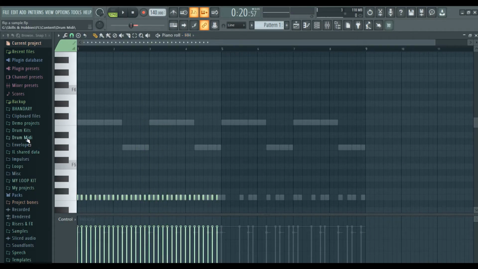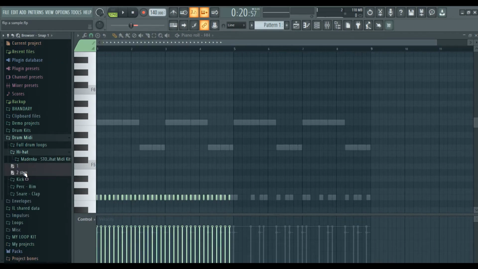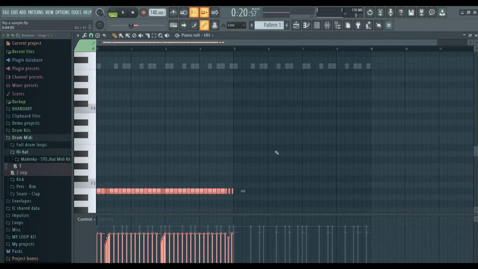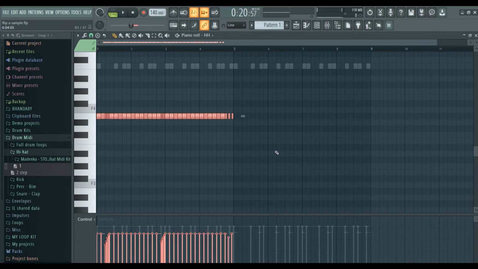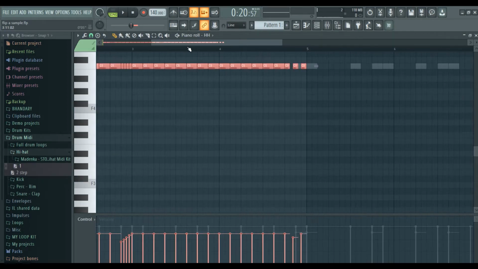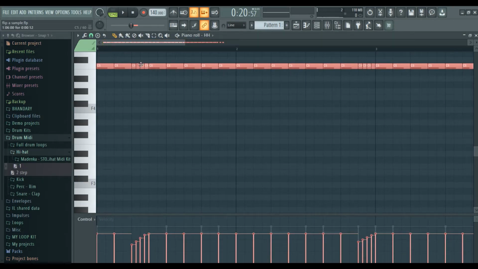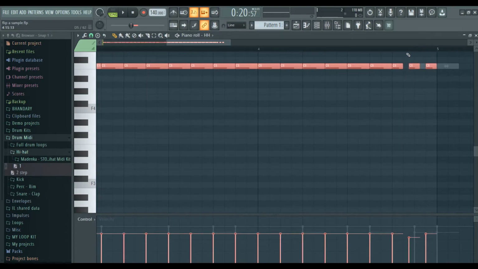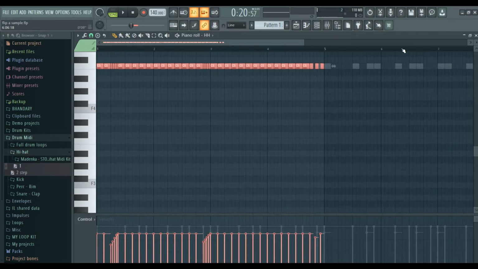I have a hi-hat MIDI that I had created. I'm not gonna bother much about making a new one at the moment. So let's bring that to C, and this is what it looks like. We have a little roll over here and over here, and at the end we have a pattern.